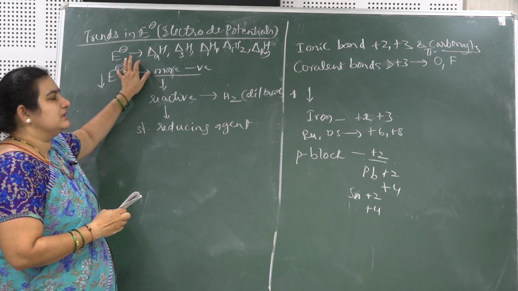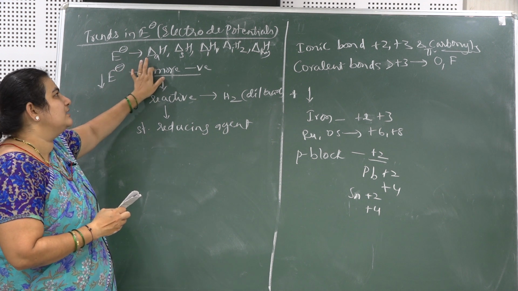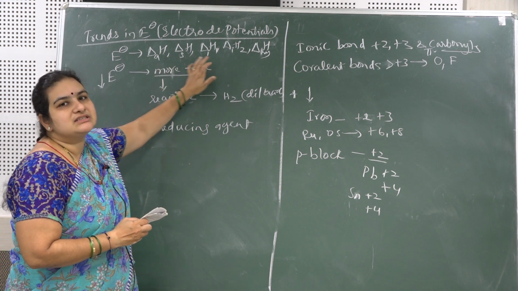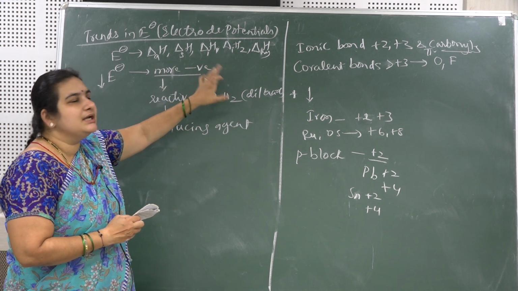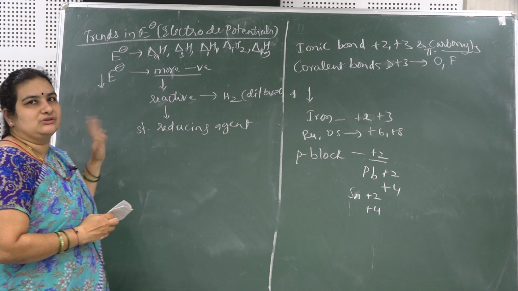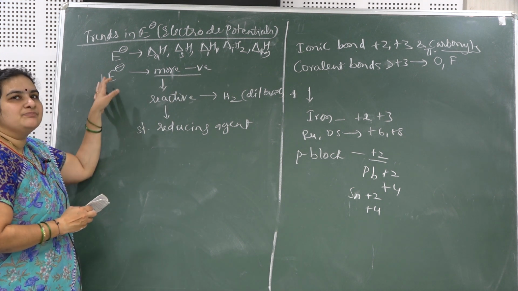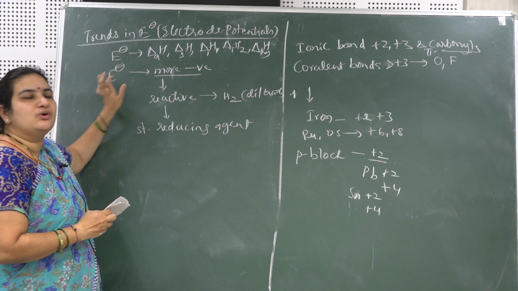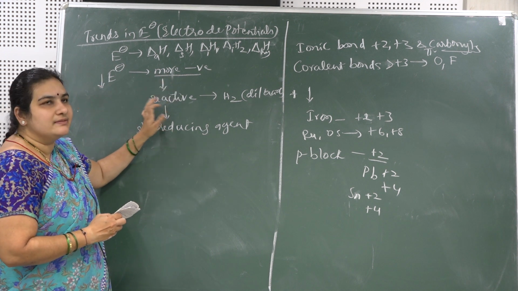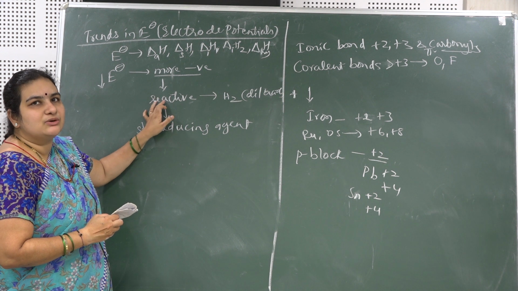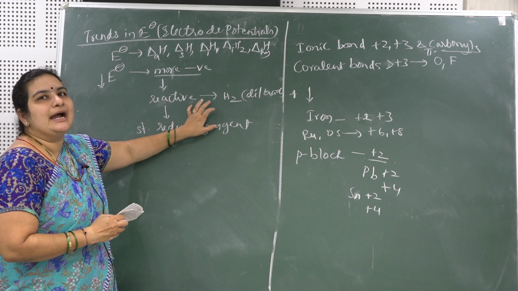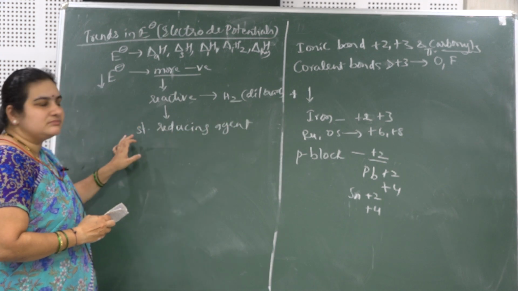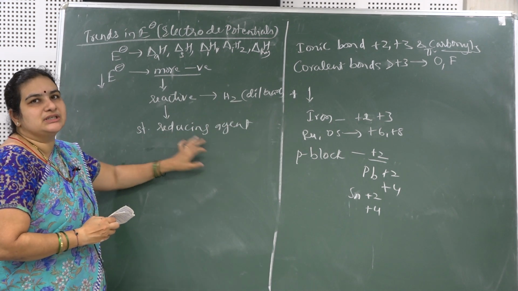Electrode potential is a function which depends on enthalpy of atomization, enthalpy of sublimation, first and second ionization enthalpy, and enthalpy of hydration. In general, the lower the electrode potential, that is, the more negative the electrode potential, the more highly reactive the metal becomes, so it will liberate hydrogen gas from dilute acids and acts as a stronger reducing agent.